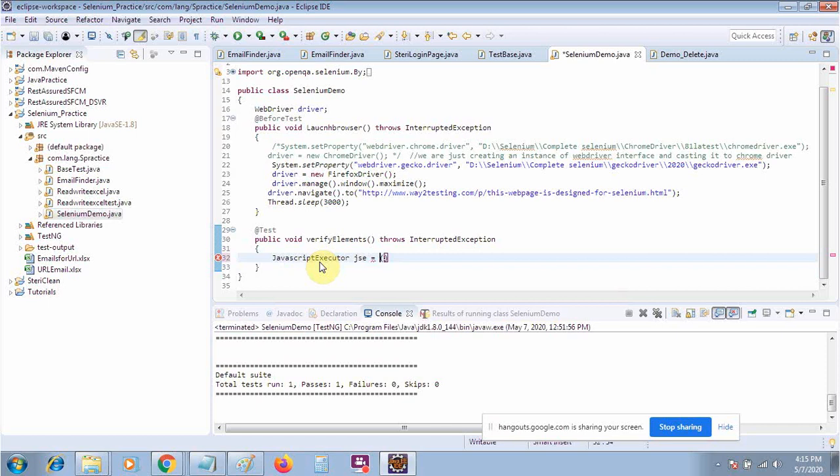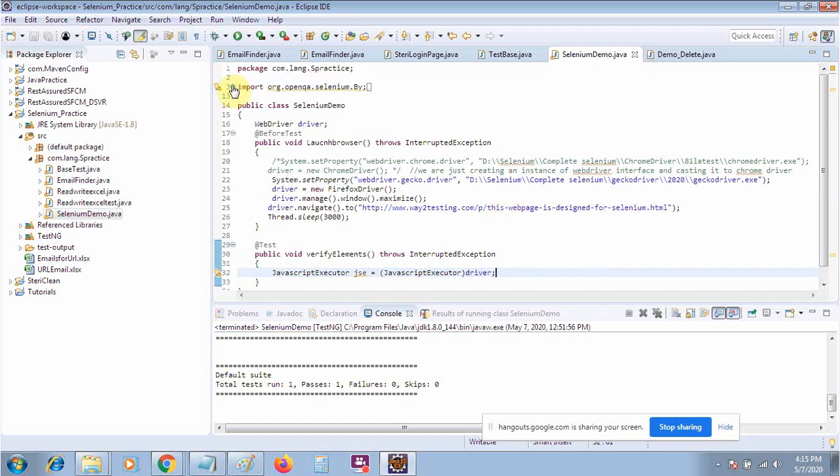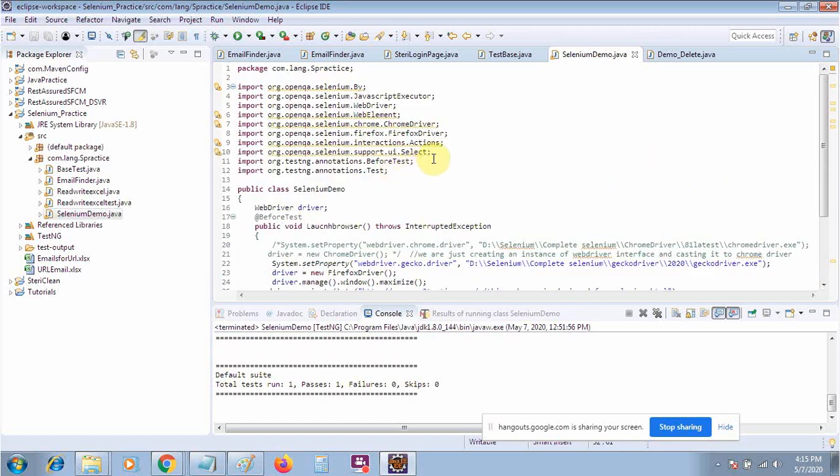The casting will be JavaScriptExecutor, with your WebDriver instance. So this will give you the object of it.